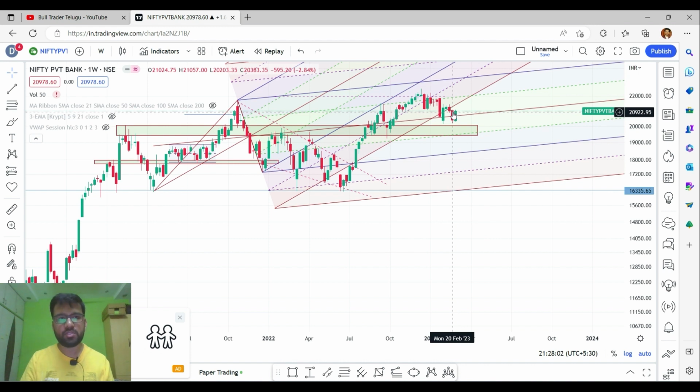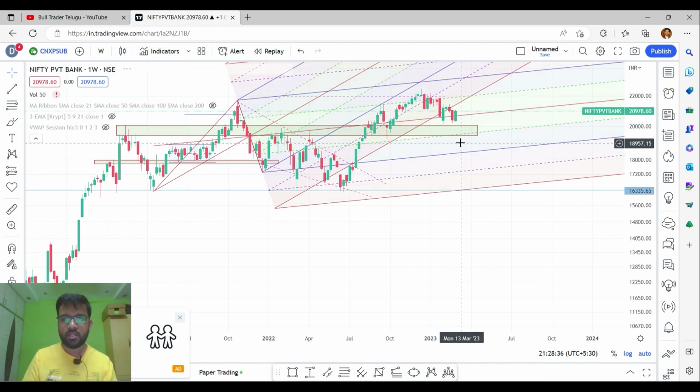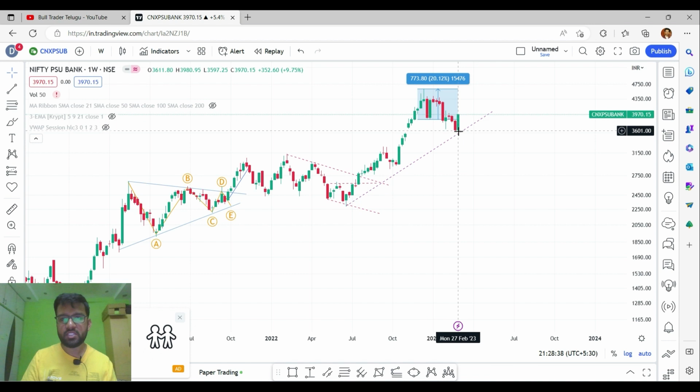So if the market closes above the 21,057 level in the coming week, then we can expect a further rally up to 21,965. But before that, the market has to close above the 21,500 levels. Then only we can expect a rally up to 21,900 levels. Until then, we can expect some volatility unless the market closes above 21,500. So this is the technical analysis of the Private Bank. On the downside, the 20,044 level will act as a good support point for this Private Bank. And coming to the PSU banks,